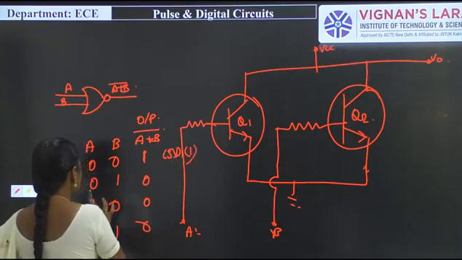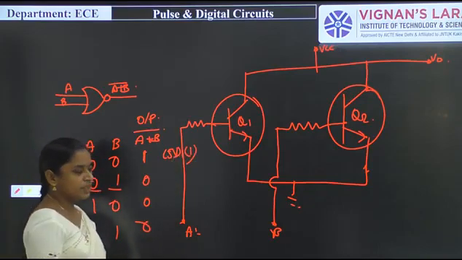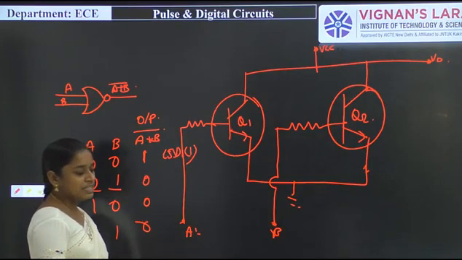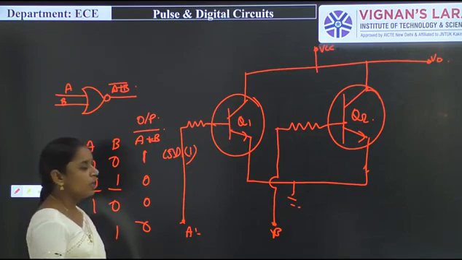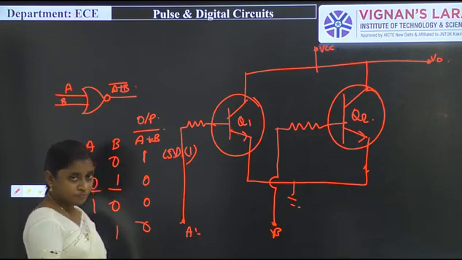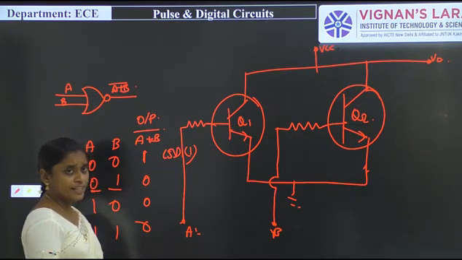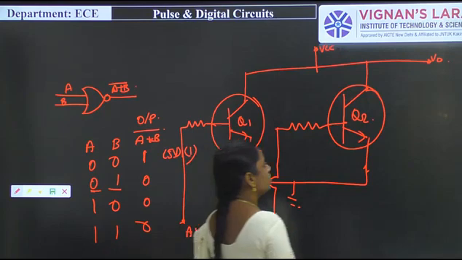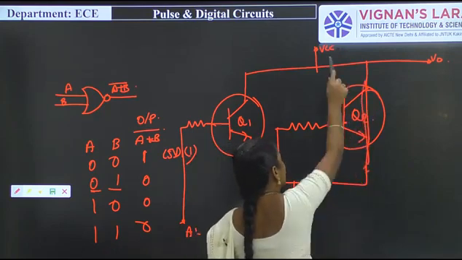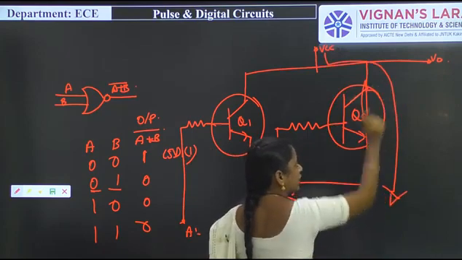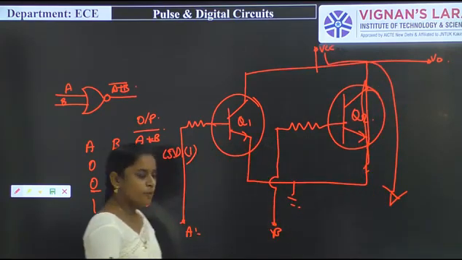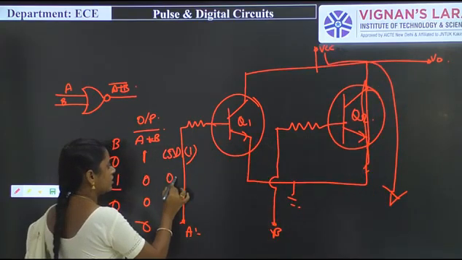And the second condition, that is 0 and 1. In that particular time, what is the condition of transistor Q1? Q1 is off and Q2 is on. So either one of the transistors is on. Simply Q2 is replaced with a short switch. So there is a path for the VCC signal to reach the output side. That's why output V0 will be 0.3 volts, that is VCE sat.